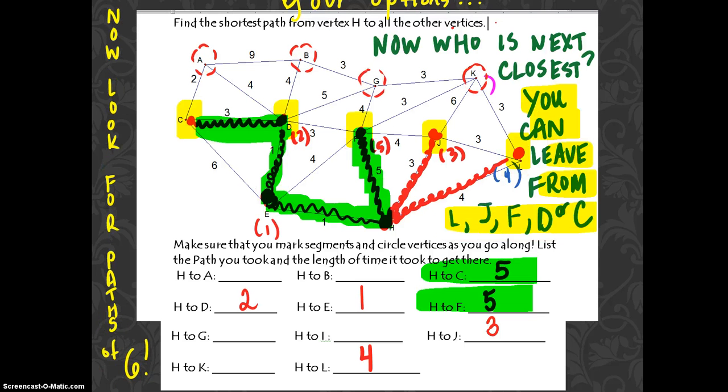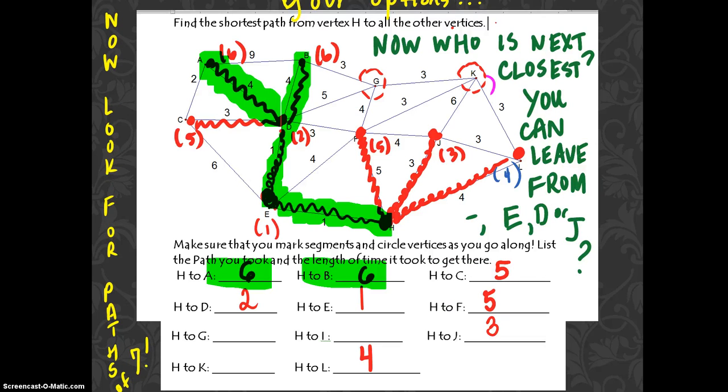And hopefully you saw that, yes, you could have also gone from your room to Eddie's room to Donna's room over to Claire's room, and that also would be a length of 5. Okay, so now we're looking for paths of 6. So the vertices that you still need to visit are circled with little dashes around them, and see if you can find any paths of 6. And there were 2. So from there we're looking for paths of 7,